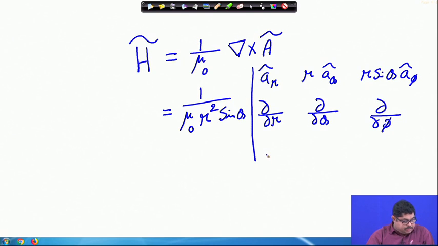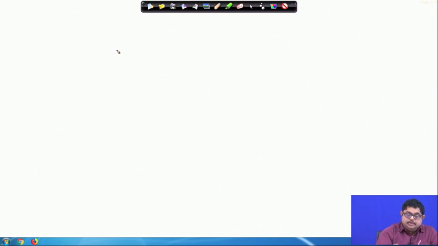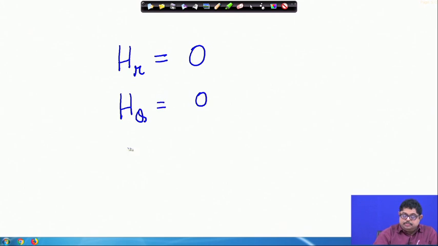And we have this A r component, we have A theta component, we do not have any phi component. So, from this it is easy to find H r, H theta and H phi components. So, you do it. I am now writing the results. The H r component will be 0, H theta component will also be 0, but H phi will be given by 1 by mu naught